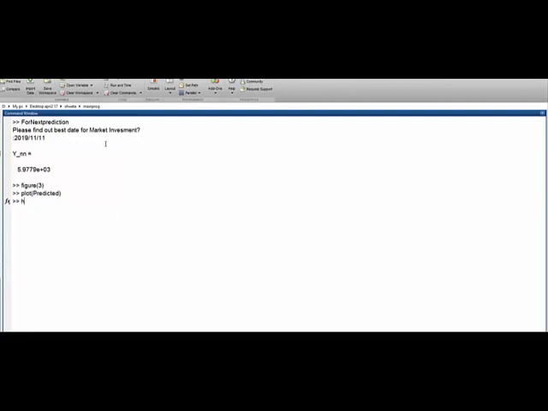So let's see where it lies. Hold on for figure 3, and right now I'm going to plot my predicted value at some scale like 100, so that the time gets shifted. The plotting of y and n with a red star.